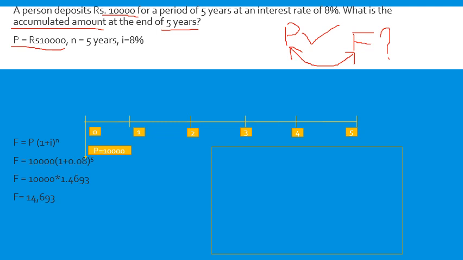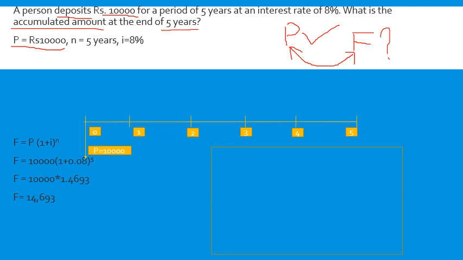You are depositing that. See here, you are depositing. When you deposit, what happens to that money? You are losing that money from your account. Yes or no? Right? So now when you are losing that money, that becomes at the bottom side of the timeline, horizontal line.